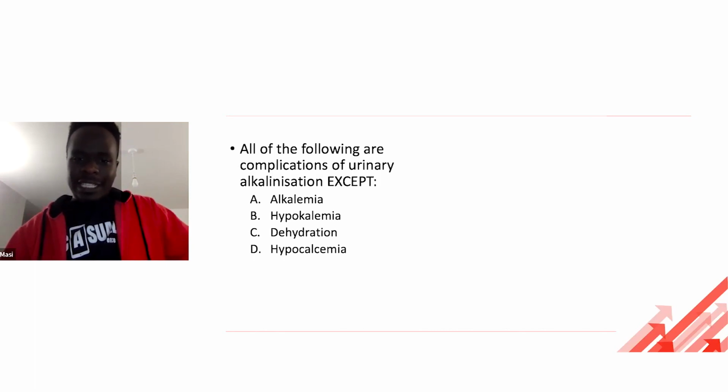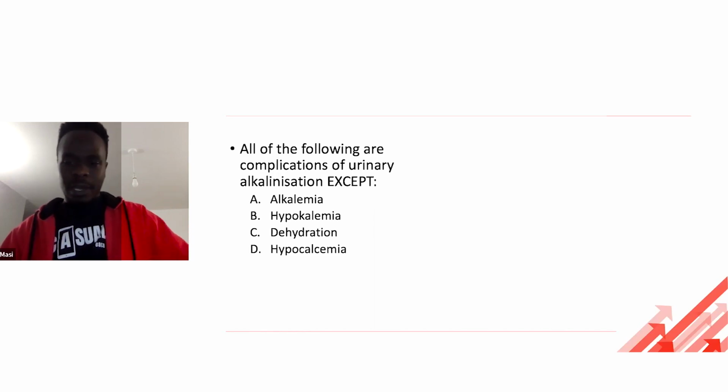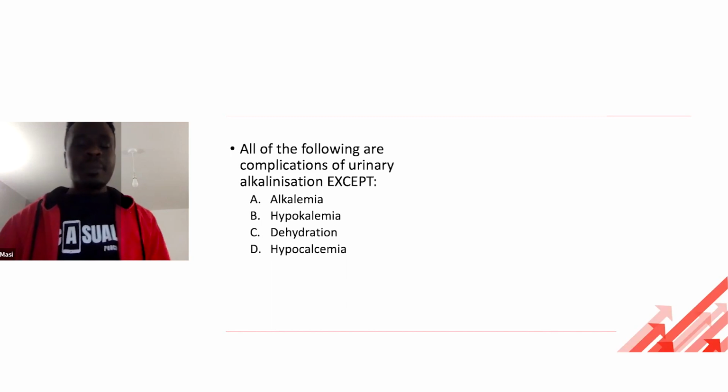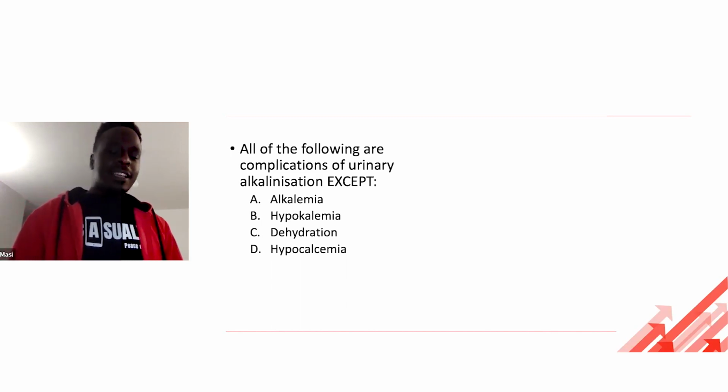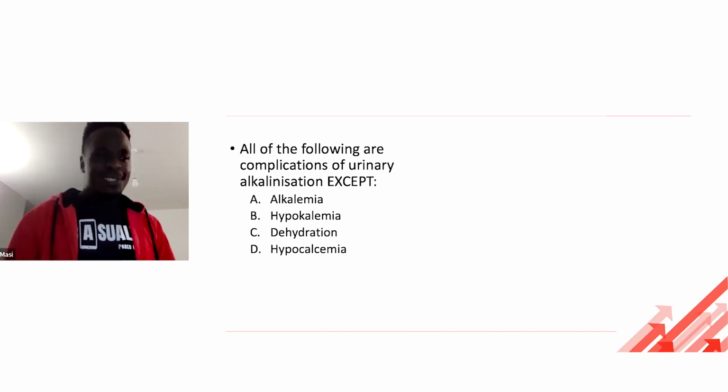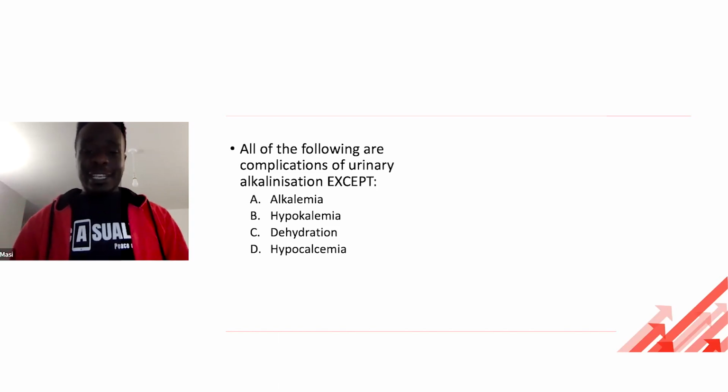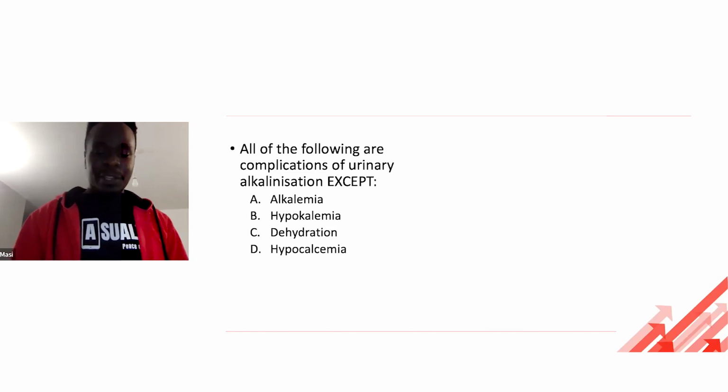Urine alkalization is recommended, especially for salicylate poisoning, so for your aspirin, sorry, and your phenobarbital. Those are the things that you need to know about urine alkalization. The pH that you're trying to achieve would be 7.5, and then you're supposed to keep checking this. You can do this using a dipstick, so it's also serial dipsticks when you're doing urine alkalization.